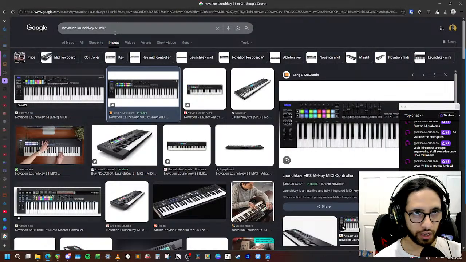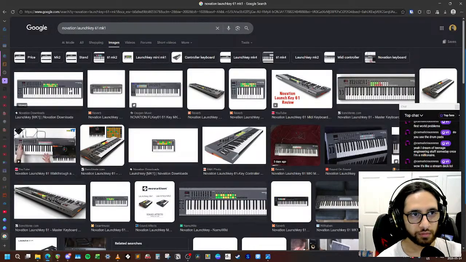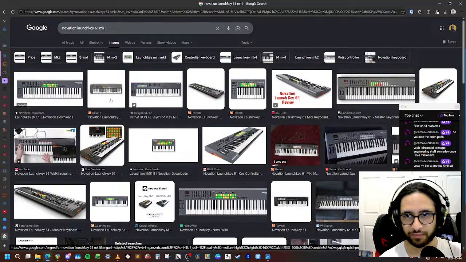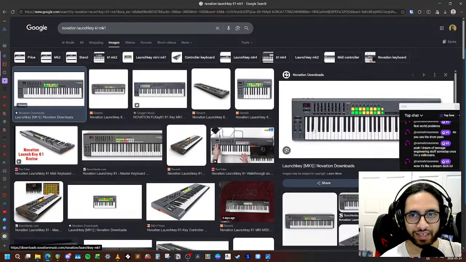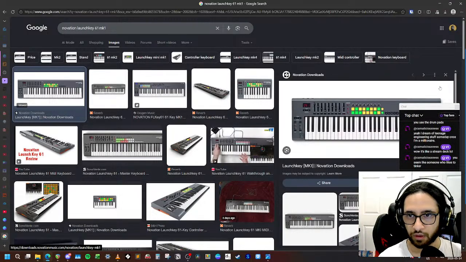Before the Mark III, I had the Mark 1, which is kind of ancient at this point. I think the Mark 1 was made like 15 years ago. It has the same layout, but you can't customize what these things output. I had this keyboard for a while. I like the keys actually, but it wasn't customizable, you know.